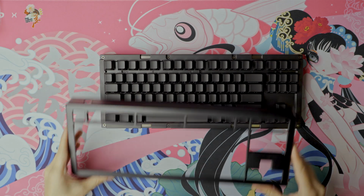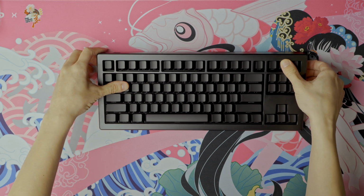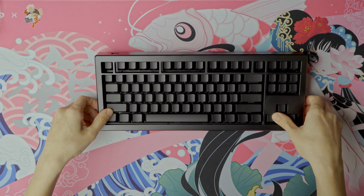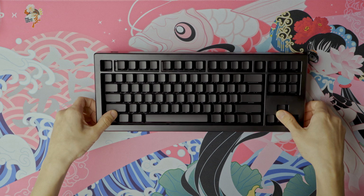And with the top of the case back on, we just drop it into place. The magnets will keep it there well enough. This is why I said that the side profile being so plain is fine, because in theory, Drop could just make this board have whatever side profile they want. They can just release new top cases to make it look like anything really,